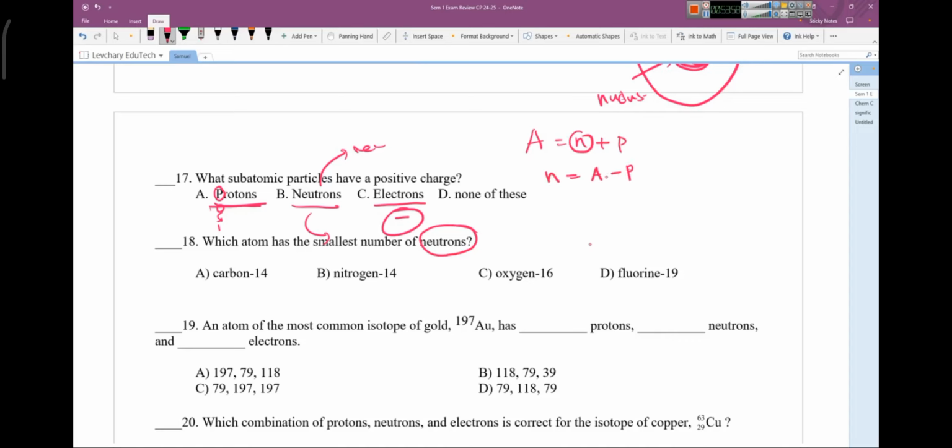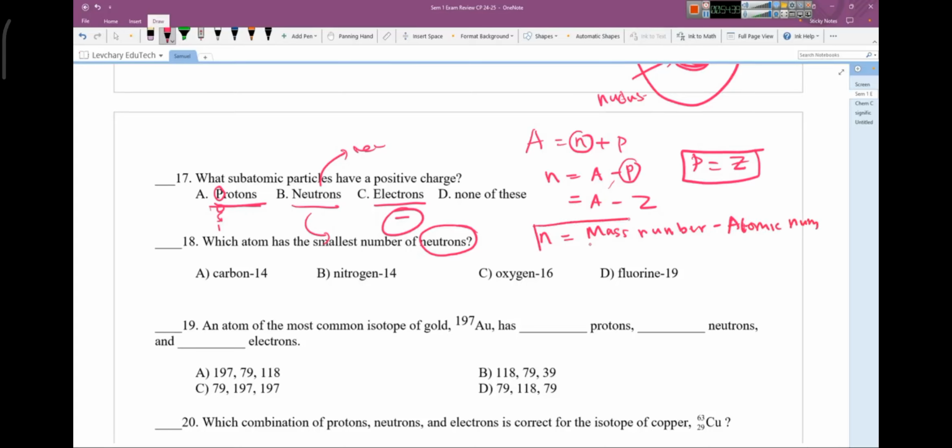But for an atom, we can only know the atomic number and mass number from the periodic table. So instead of this P, what can I substitute? Proton is equal to Z. Can you understand that? For an atom, atomic number is equal to number of electrons is equal to number of protons, right? So instead of number of protons, I can put Z, which means neutron is equal to mass number minus atomic number,